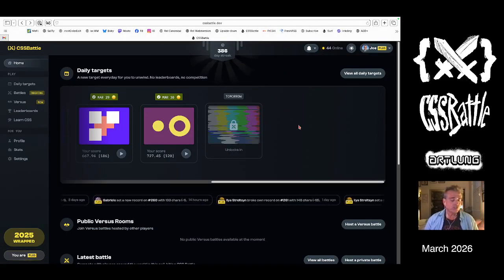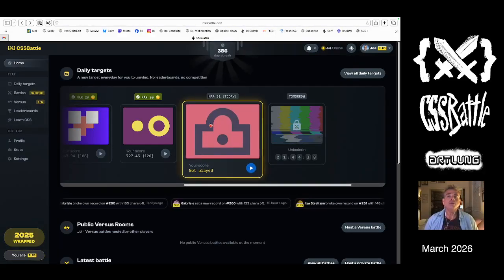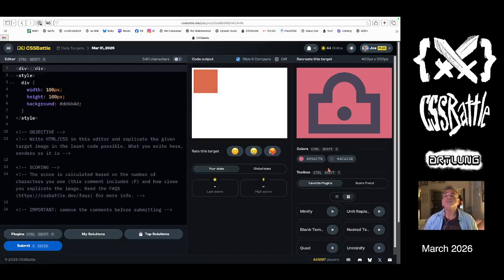Pretty much every day I go to CSS Battle to dev and do the daily target. And earlier it was not loading, and I believe it's loading now. Let's load. Oh, that fun little shape. That is a fun shape. All right. So let's